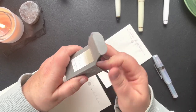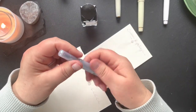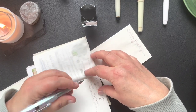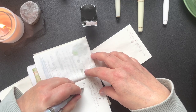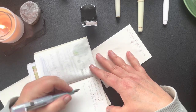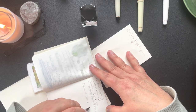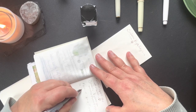So the next one is also the same series, and I've put it in my Kaweco Opal, I call it. I think it's called Iridescent, but I call it Opal. So I'm going to put this in here because it's a new color for this pen. This is a medium nib. I really like the broad nibs in the Kaweco, or the double broad. This is just a Kaweco Sport Opal medium nib, and this one